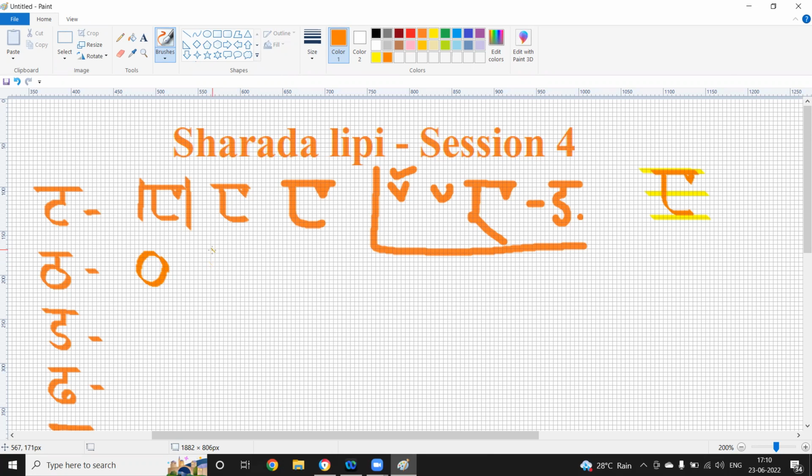Is it a perfect circle or is it oval? It's a perfect round circle. It's not oval. It's just because I'm using a calligraphic brush, so sometimes this circle looks like a little oval circle. So this is just a round. I'll draw it with a normal non-calligraphic brush. This is how it's going to look. It doesn't have a Shirorekha, so this is another letter that doesn't have a Shirorekha. And if we are drawing it in a 3-line notebook,